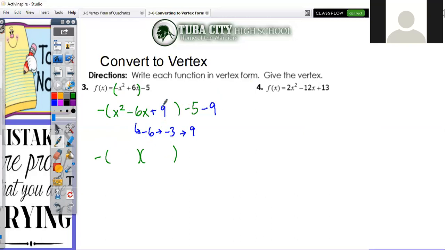So again, LOIF means L, or the last number goes first. So 2 numbers that multiply to 9. So in this case, that'd be 3 times 3. But again, they need to add up to negative 6. And the only way I could do that is if they are both negative. So negative 3 combined with negative 3 is going to make negative 6. And in this case here, because there's no A value, and in fact we have to get rid of it, like in step 2,